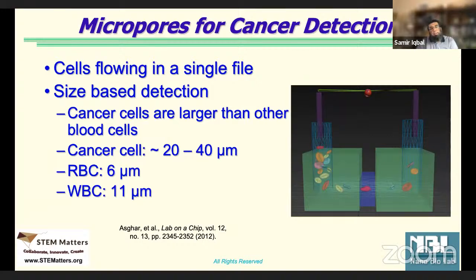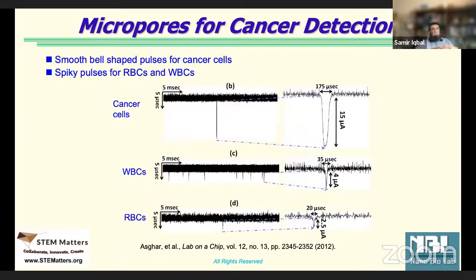In one tumor, there is heterogeneity. There are many different types of cancer cells. So we have been able to see 5-6 subclasses of cancer cells based on data from micropores. So this is a much bigger field, but it is at microscale. All right. So we'll get into a little bit more on